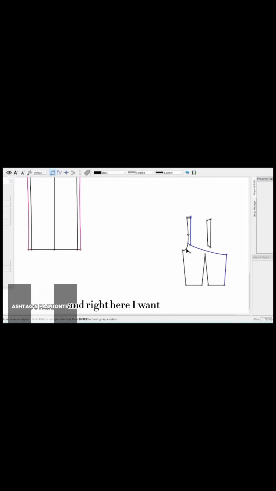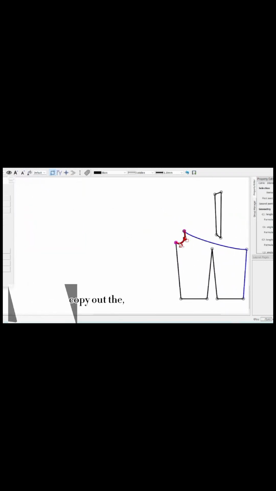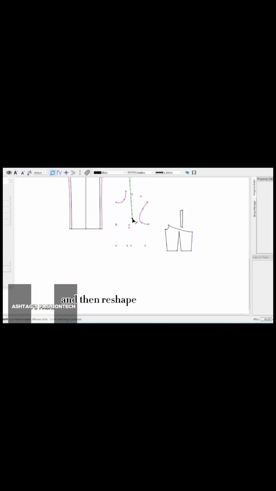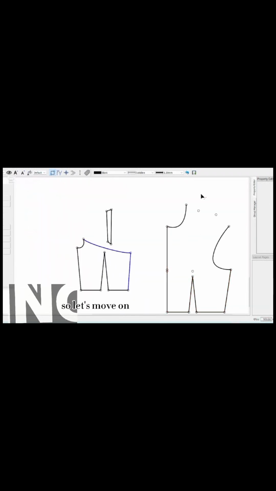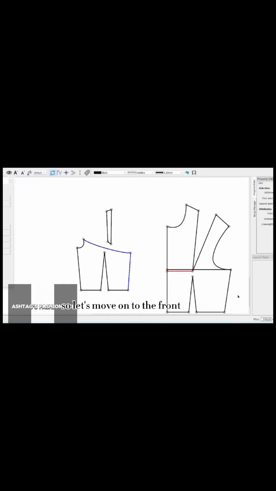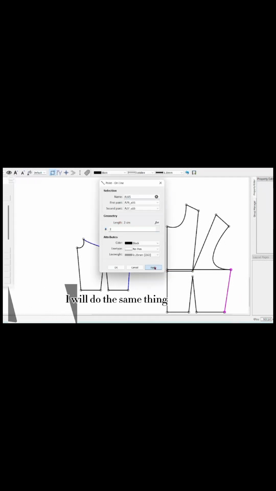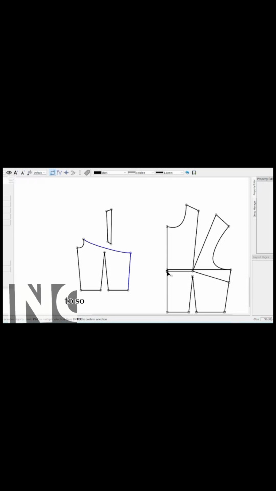And right there, I want to cut out the sleeve separately, and then reshape the armhole, just like you saw there. So let's move on from the back to the front bodice. I will do the same thing. Alter the bodice to a kind of